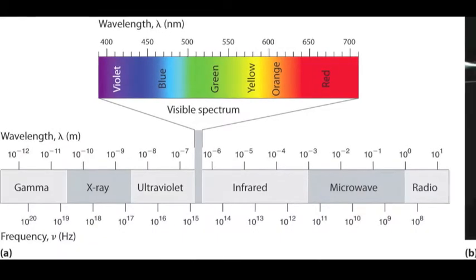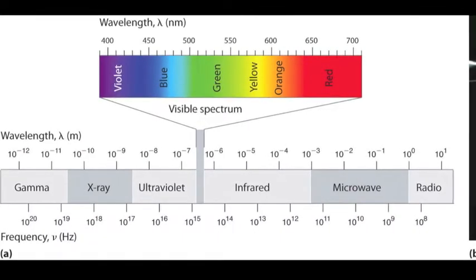Part 2. The electromagnetic spectrum is a continuum of all electromagnetic waves arranged by their frequency and wavelength. Electromagnetic waves are created when electrons move and create a magnetic field. Then the electrons move back and forth, and their electric and magnetic fields change together, causing an electromagnetic wave to form.